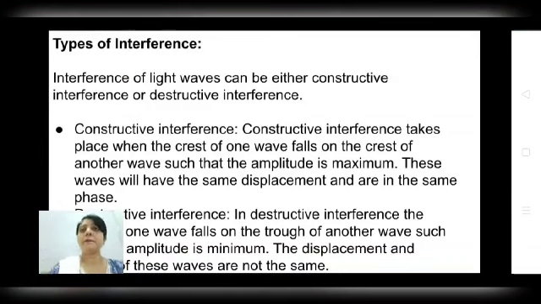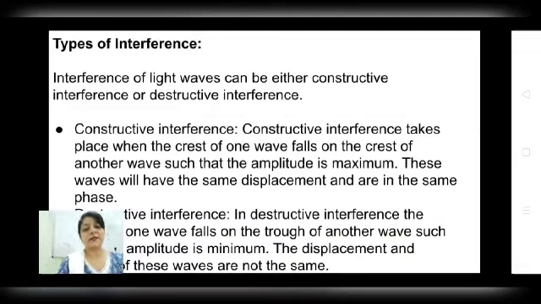Now, coming to the main equation regarding the constructive interference: for constructive interference, the path difference between the waves which are superimposing with each other should be equal to n multiple of lambda. Means if delta represents the path difference, then delta should be equal to n lambda, where n equals 1, 2, 3, and so on, any integer.